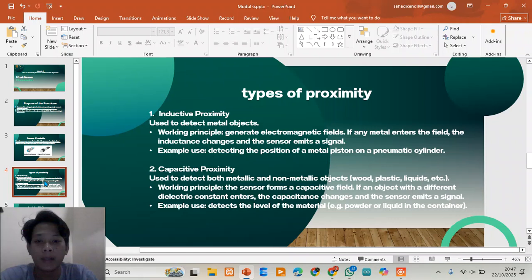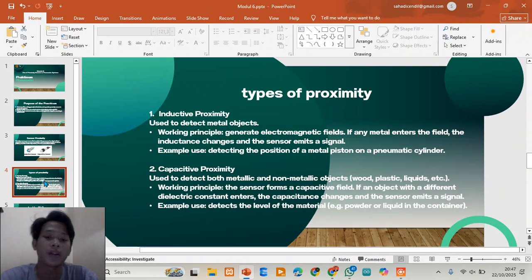When a metal object enters this field, it changes the inductance, causing a loss of energy in the oscillator. The circuit detects the change and switches the output from off to on.